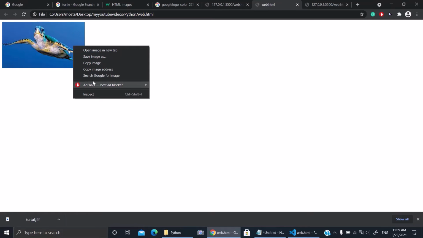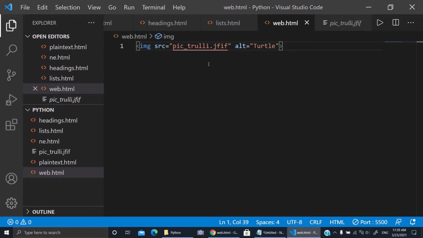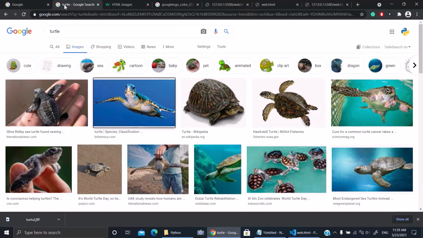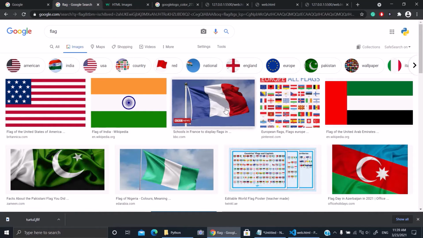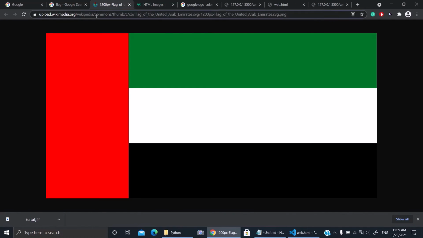Here, if I put my mouse here, so I don't know, but here it must show turtle. Okay, let's say that I have an image from another server, let's say this Google icon, for example, a flag. Let's search for a flag picture. Okay, so let's, for example, take this one. Okay, so I'll open the image in a new tab. Okay, this is on another